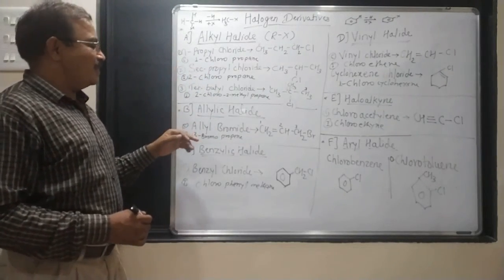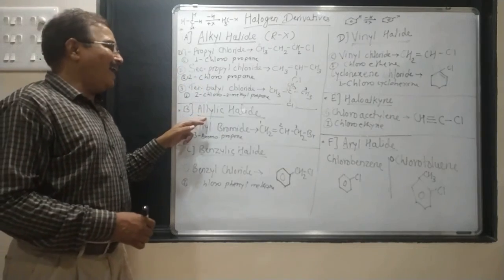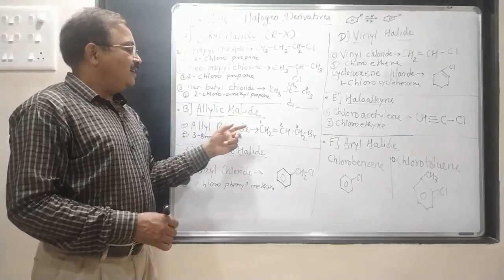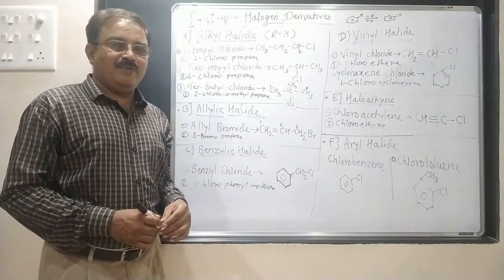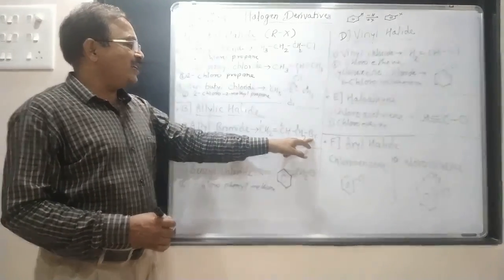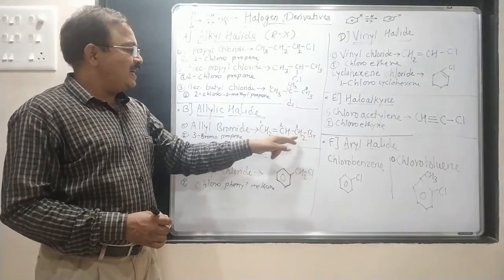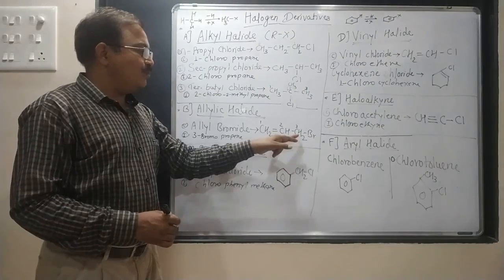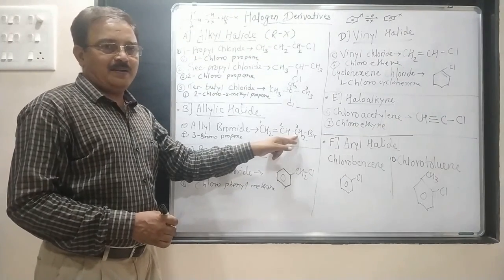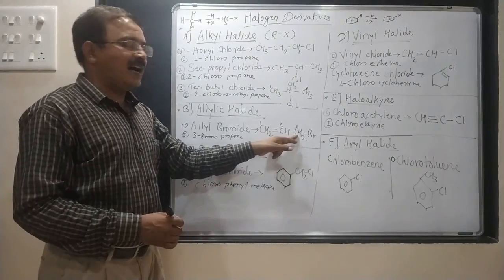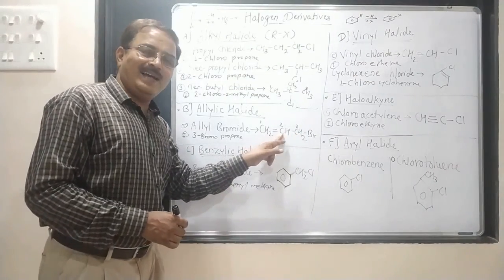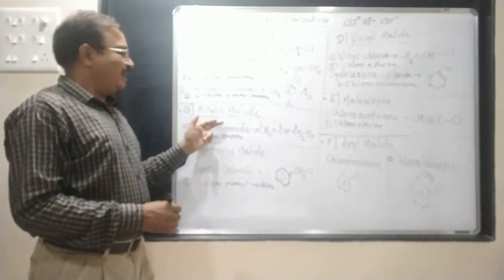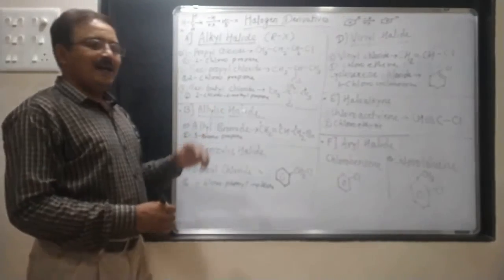Now here is the one class we have studied. Now the second class we will try to understand, and that is allylic halides. Okay, let us try to understand the characteristic of allylic halide first. Here, the halogen is taken as bromine. This bromine is attached to a carbon atom, and the hybridization of this carbon atom is sp3, and this sp3 hybridized carbon atom is attached to an allylic carbon atom. Therefore, these halogen derivatives are called allylic halides.